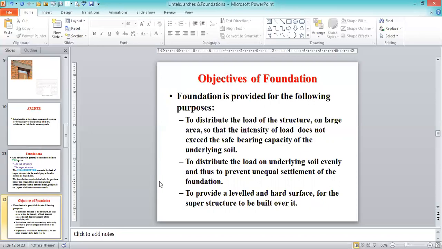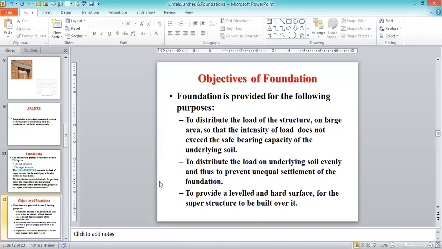First, it is the load distribution from the superstructure to the substructure. The skeleton of the structure has structural elements: the topmost is the roof slab, then we come to the beam level, then the column. From the column, the load goes to the foundation. So we can see stage by stage how the load is transmitted and distributed to the foundation. That's why we have to know about this.